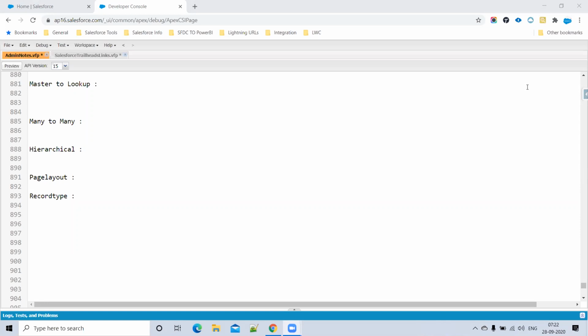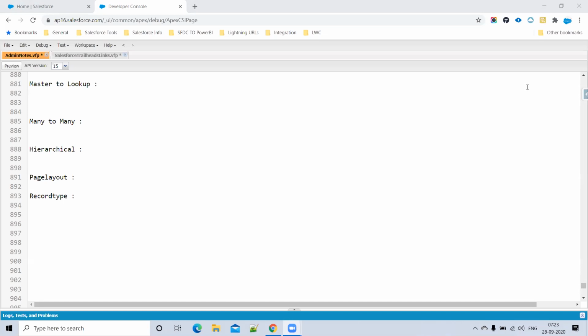Okay, so generally, Srini, you want to try? I'll try, sir. The way I understood record type, I was trying to create an ER diagram in my head. An object may have zero or more record types. And each record type can be assigned to one or more profiles.